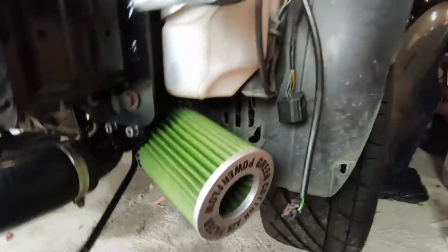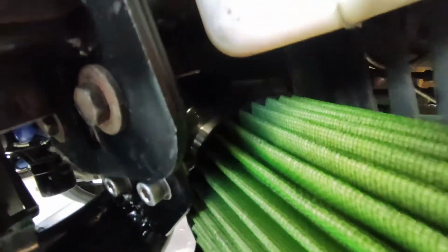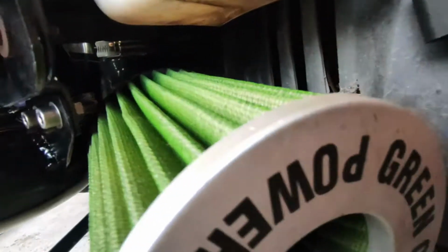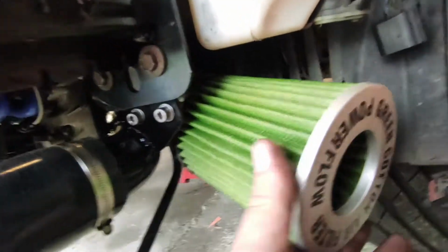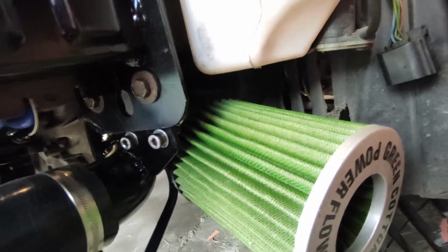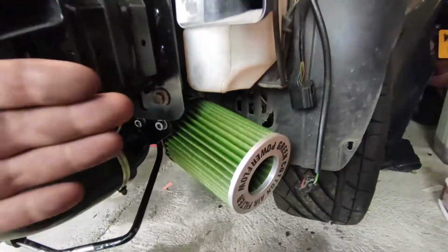Right, so this air filter just touches on, we've got some bolts hanging out the back there. Just touches there, and there's a Jubilee clip that touches. It's not much at all. I could probably just put a shorter bolt in there and solve the problem. It's just a little bit flexible, a little bit loose. So I can see if there's anything I can do with it, but I'm limited by the bumper coming in